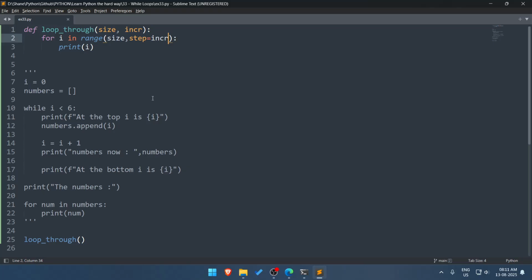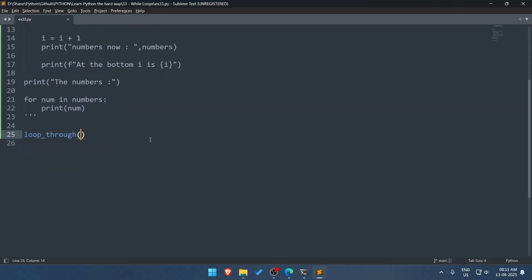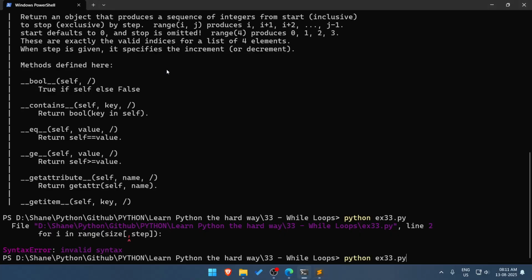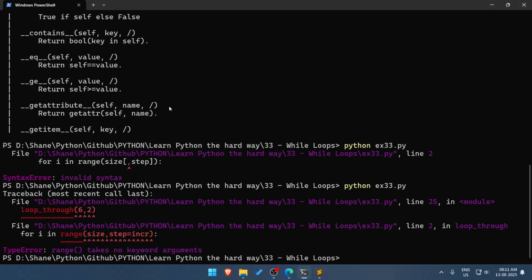Invalid syntax. Okay, so 6 comma 2, so it should be 0, 3 and 5. Let's try this again. Okay, so range takes no keyword argument.